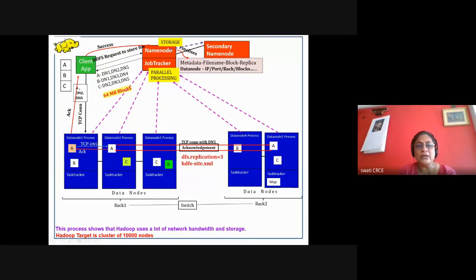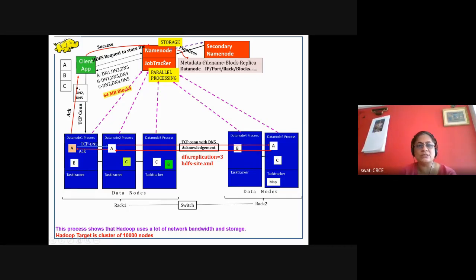Okay. Similarly, the name node sends a backup to the secondary name node every 1 hour. If the secondary name node does not receive any heartbeat from the name node in 1 hour, or some time lapse, then it will check whether the name node is alive, and if it is not alive, then, because the backup is there in the secondary name node, it will create the new process again.